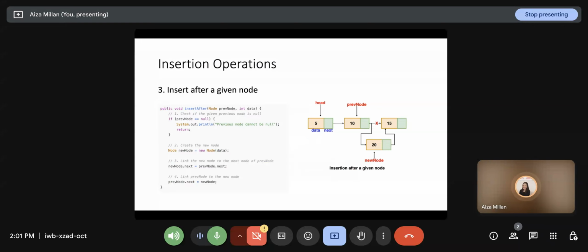So going back, if we insert into an empty list, what will happen? The answer is the head is null because it is an empty list. So if it's an empty list, then the head is null. So you know that next becomes null and head points to the new node.